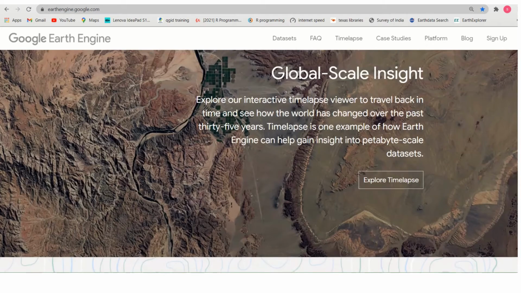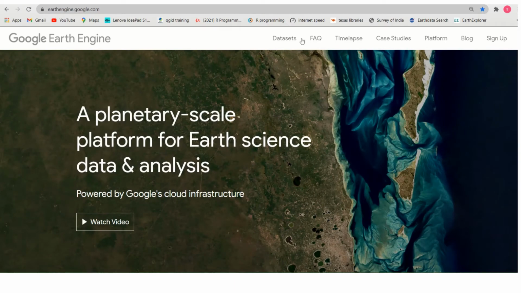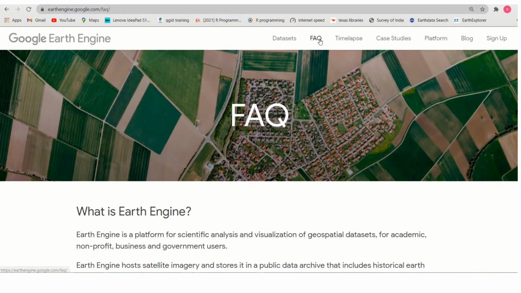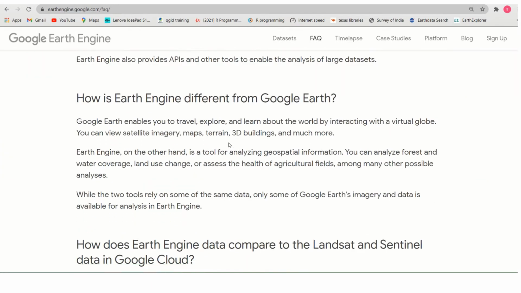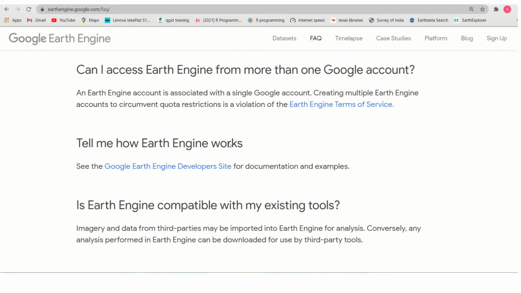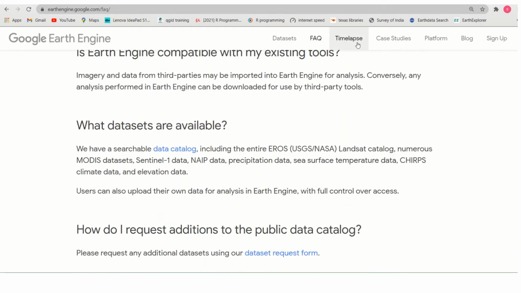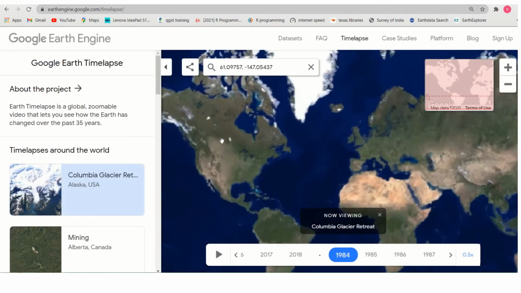Please visit this page so that you can understand in depth what Google Earth Engine is. Be familiar with the page so that you can learn the things very easily. Then you can see here the FAQ, some theory related to Earth Engine, and time lapse.